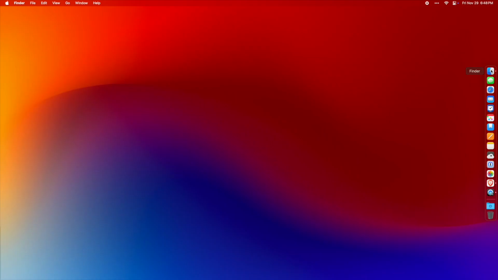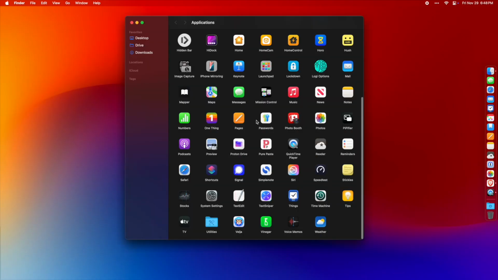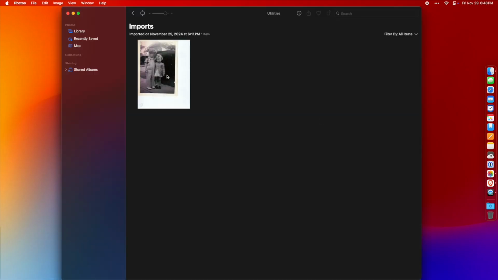To begin, open up your Applications folder and select Photos. You can see I have a photo here that I took earlier with my phone. However, before we jump into editing it, I like the idea of not having my family history photos mixed in with my day-to-day photos of receipts and screenshots and random videos and things like that. So we're going to create a separate library just for our family history photos. Here's how you do that.